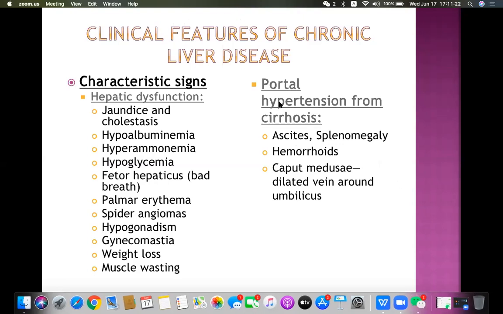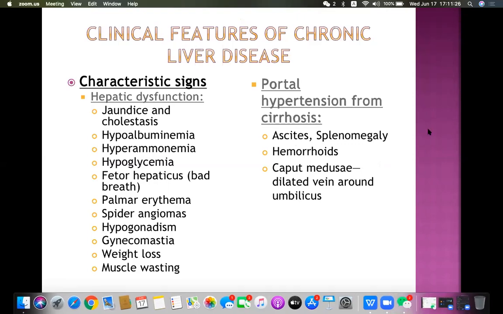Now, why does splenomegaly occur in portal hypertension? Who can tell me that? Because the liver cannot drain it, the blood accumulates in the superior mesenteric vein and the portal vein, and due to back pressure of the blood, splenomegaly occurs. Yes, Irfan is answering in a very good way. Other students also know this.